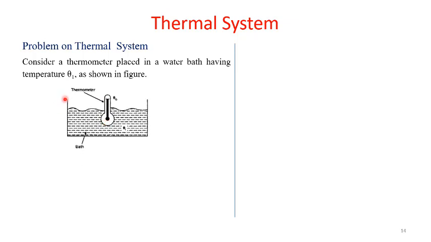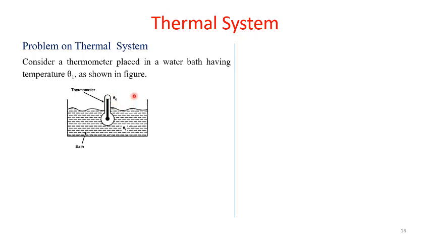So we are going to take a water bath. In that the water is having a temperature θi and the thermometer is dipped into the water bath, and the thermometer gives the scale reading, or the reading will be in the scale of a temperature, and that indication is given by